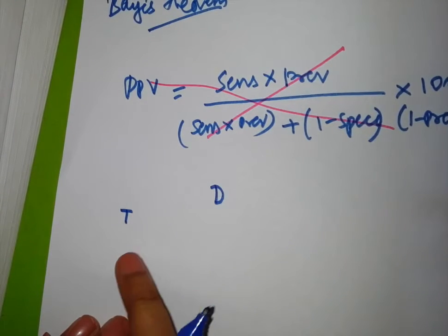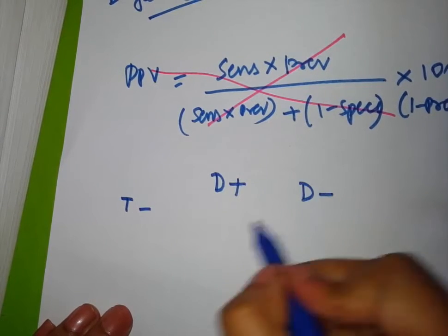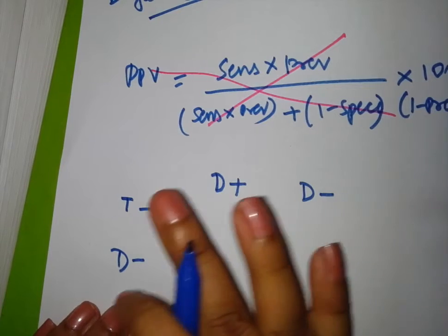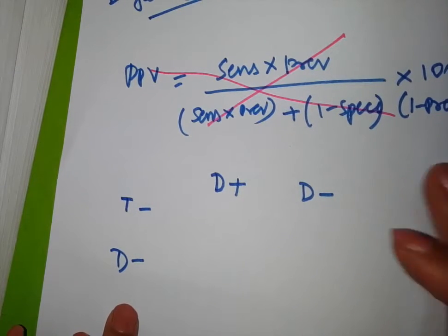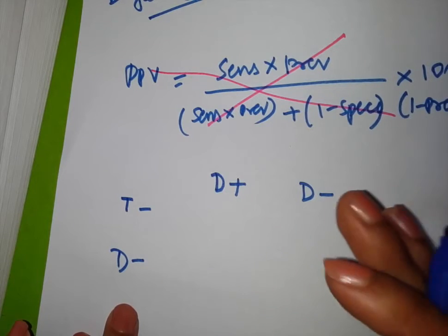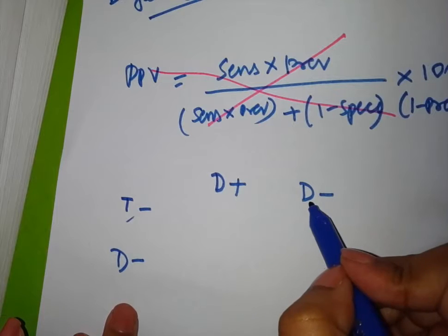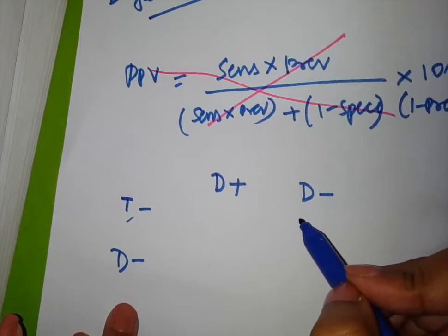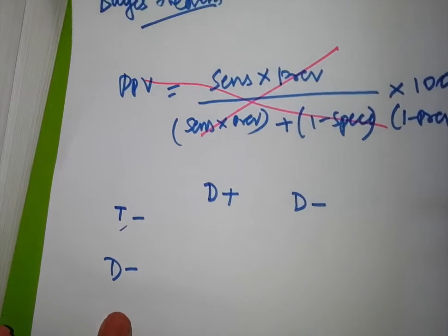So disease in the top column, test on the left hand side, and positive is always first and negative is later. Seriously, I don't want you to waste your time remembering this, but I want to be sure you don't make any mistakes in the exam. In case they have already given a tabular column without these 4 labelings, obviously I don't think anybody will be such a sadist. In case that happens, please remember that this is the protocol.